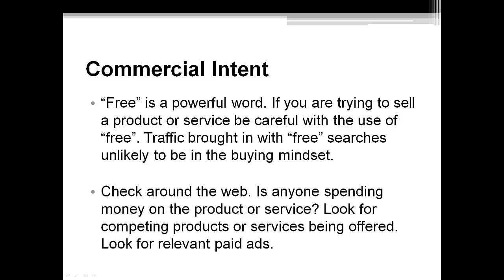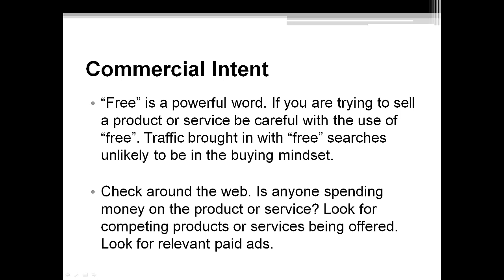I'm going to check for commercial intent, evidence of commercial intent. For instance, if you want to sell something, then putting a lot of effort to rank for and get traffic based around the word free may not be the way to go. There are ways to monetize that, which we will talk about in another video, but in general, on the surface, it's probably pretty apparent already, but traffic brought in with free searches are unlikely to be in